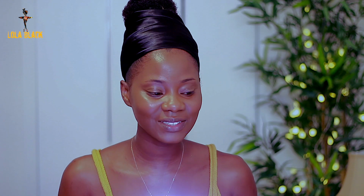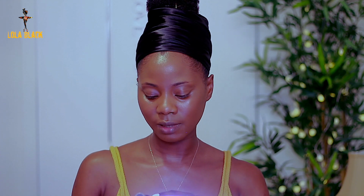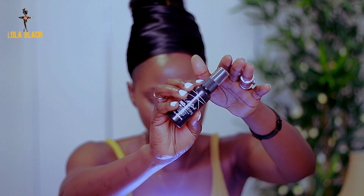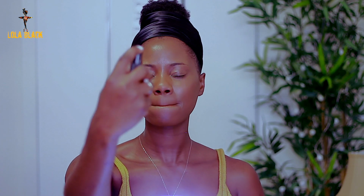So now that we've got all that coverage, can you see the difference? Like, look at that. So this is really great. I'm going to be blending in one more time, but before I do that, I'm just going to be going in with this LA Girl HD setting spray. This is another very affordable product you can use. I'm just going to be spraying that in